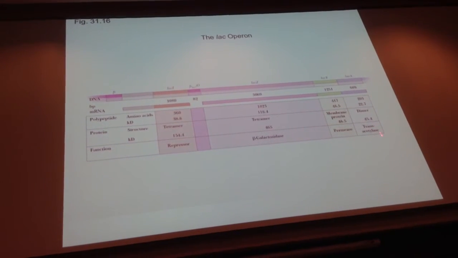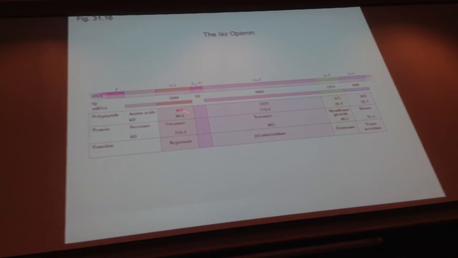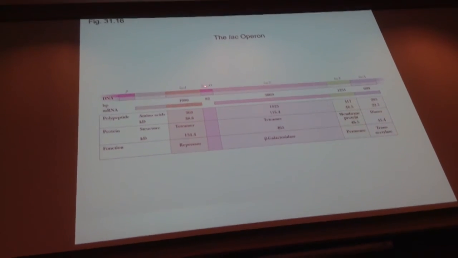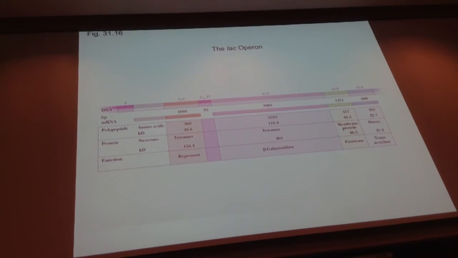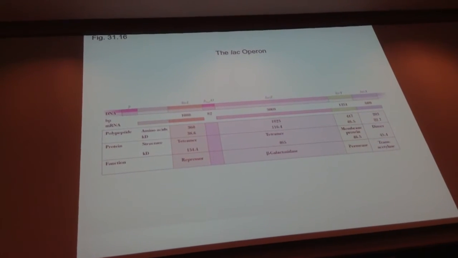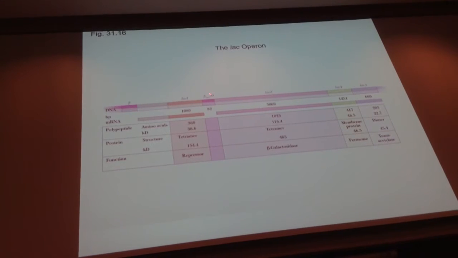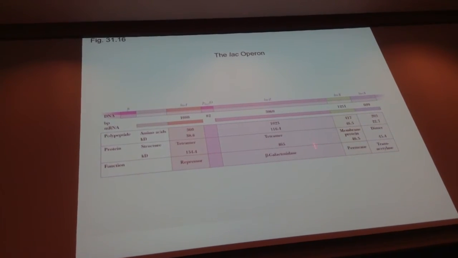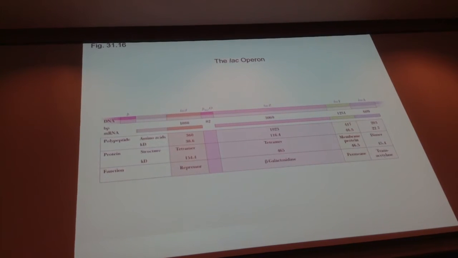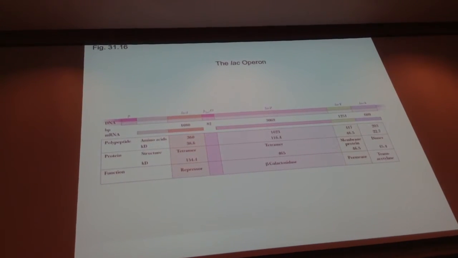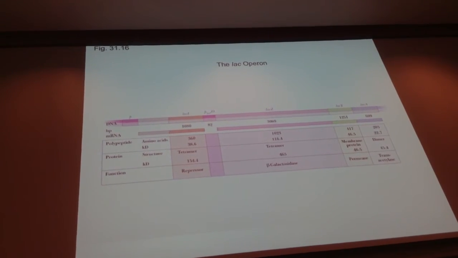So there are 3 proteins. They're all regulated by a single promoter, right? This region here. And that promoter has an operator. That's what the O stands for. We're going to talk about how that promoter and operator work. The operator actually determines whether or not this gene is expressed. And the gene is either repressed or activated. And when it's repressed, it's shut off. And it's repressed by a protein that's coded